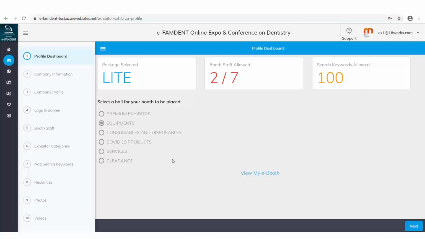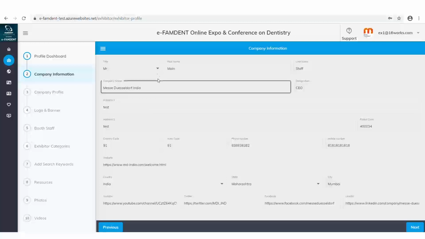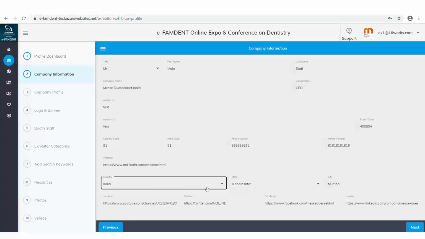After you do this, you go to the next section, which is the company information. We will expect the main admin contact person's details here, and also you can update your website, company name, country, state. Some of these are mandatory information, so we request you to complete all of this information.